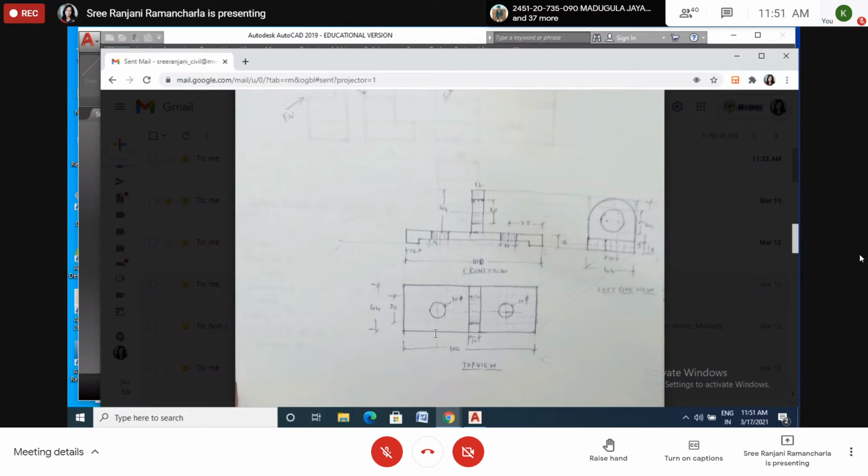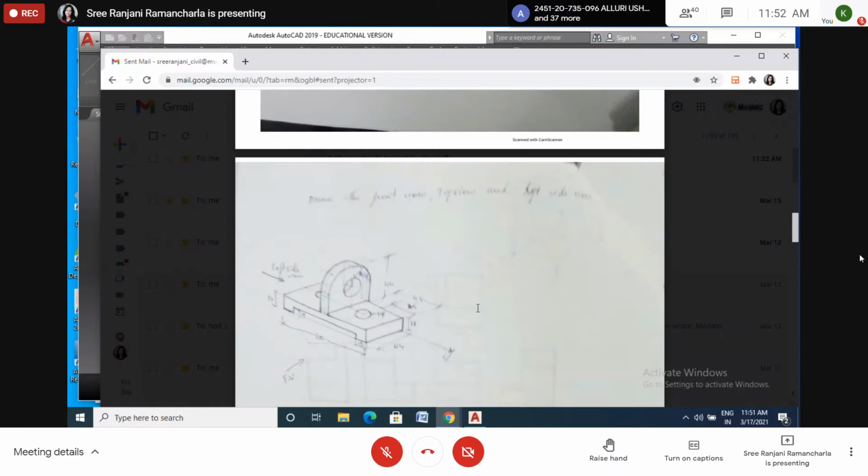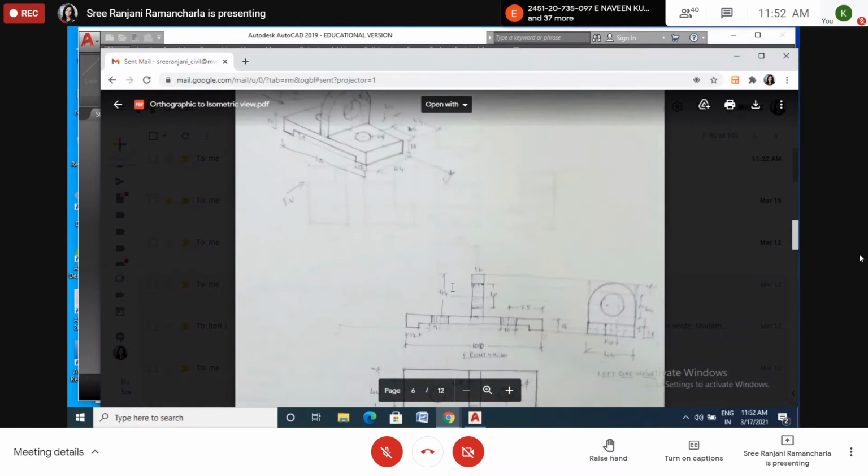Instead of showing here, I have shown here. See, now listen please carefully, all of you. You should never draw the dimension inside the figure. Never. Unless it is not comfortable. You should not draw the dimensions inside the figure. Remember this one. That's why I had drawn this whole dimension outside of the figure.